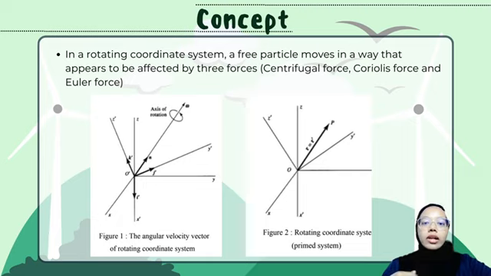In a rotating coordinate system, a free particle moves in a way that appears to be affected by three forces. The first one is the centrifugal force, the Coriolis force, and the Euler force. These forces arise only from the rotation of the coordinate system. Let us take a look at this figure below on how the motion of a particle is affected by the rotation